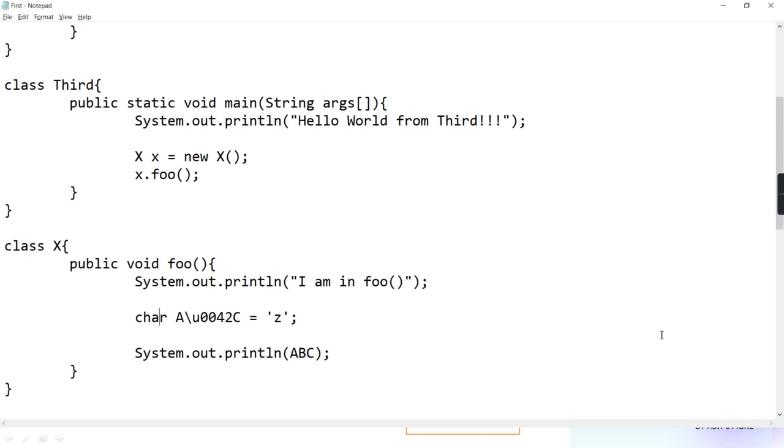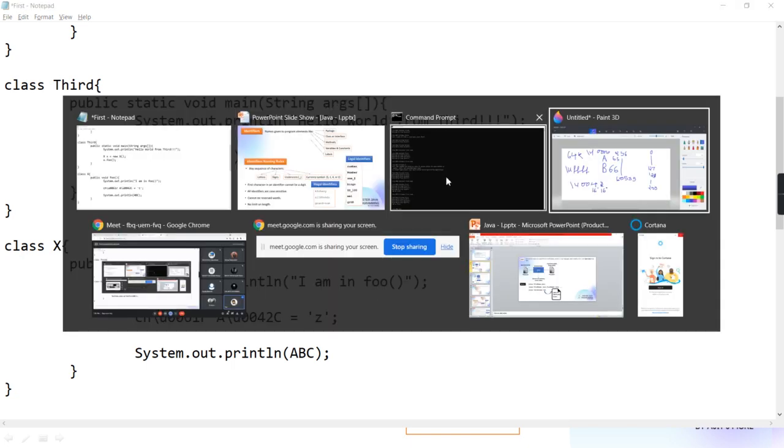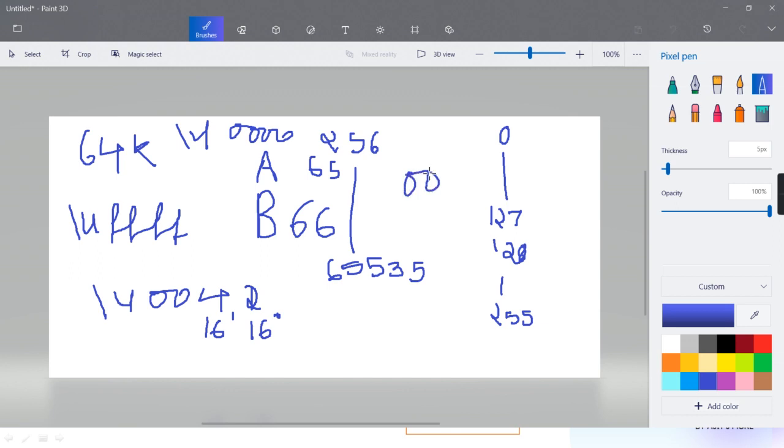Like if this is small a, and instead of small a, if I write \u0061, now obviously 61 is the Unicode of small a. When I write it, you should immediately tell, you should not think also. Because when I'm typing, I already know it, I'm typing it correctly. So 61 is the Unicode of small a. It is 16 raised to 0, 16 raised to 1. So 16 raised to 1 is 16, into 6 is 96, plus 1 is 97. And I hope you know 97 is the code of small a, like 65 is the code of capital A.